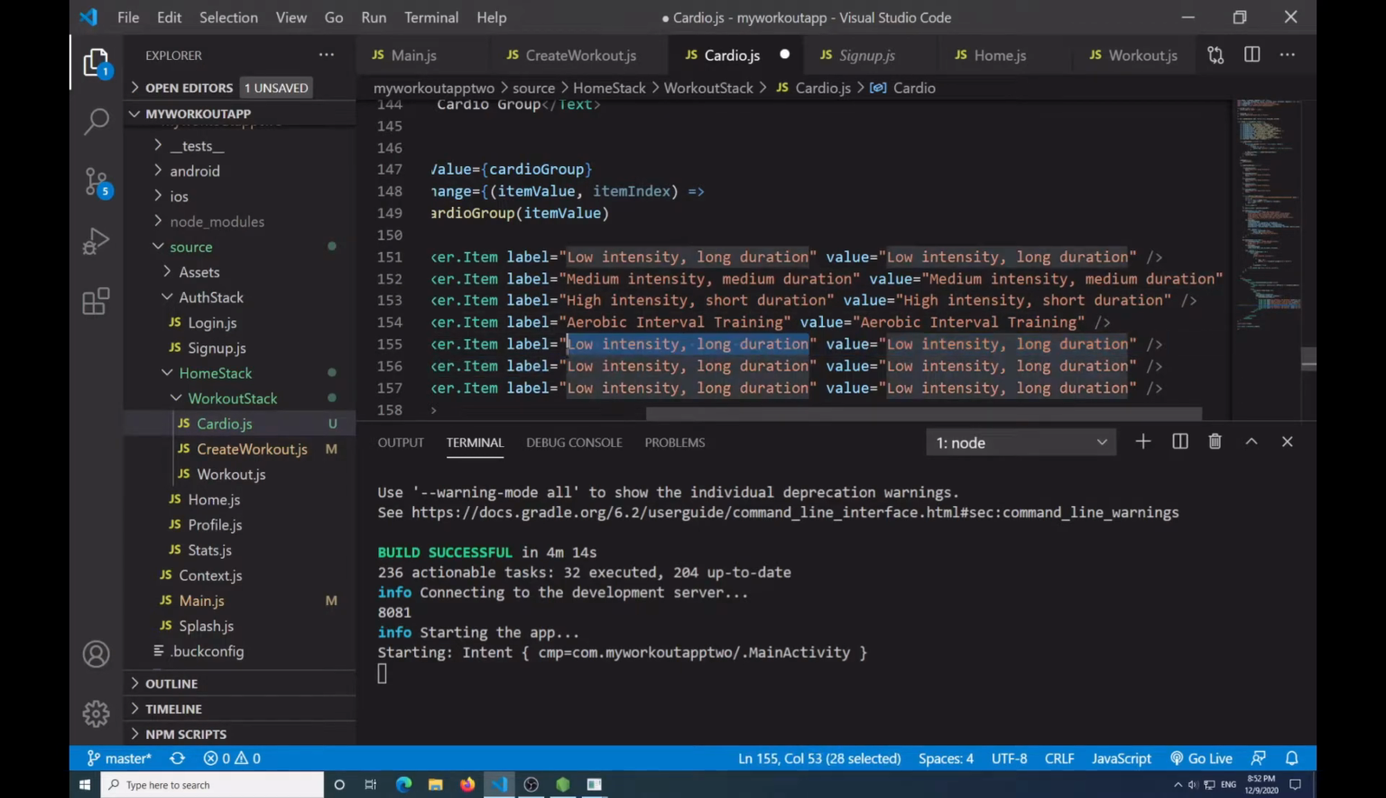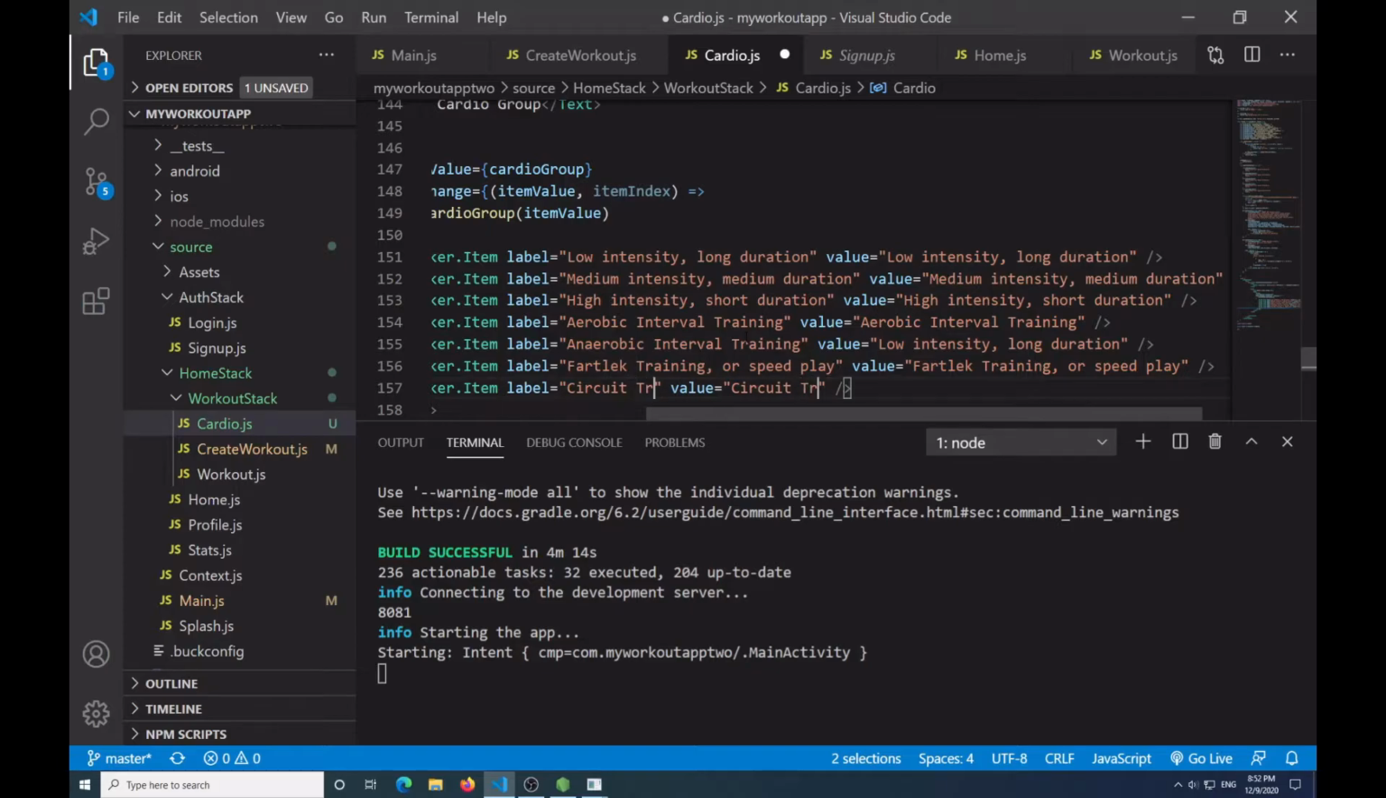Then the next one is going to be anaerobic interval training. Then I'm going to have the fartlek training or speed play. And then the last one is going to be circuit training. So if I save this,